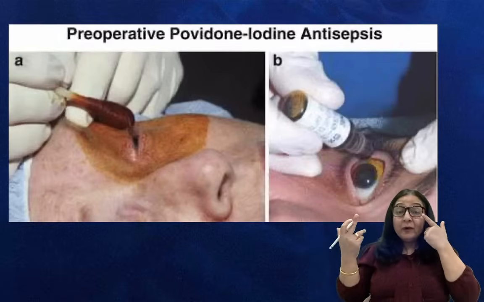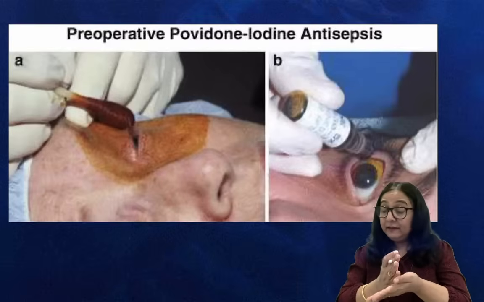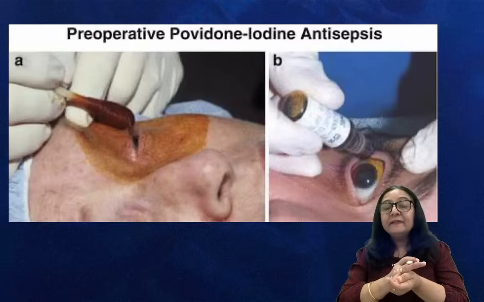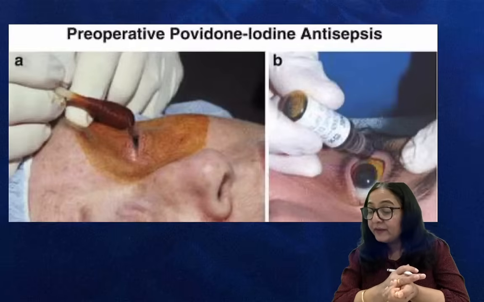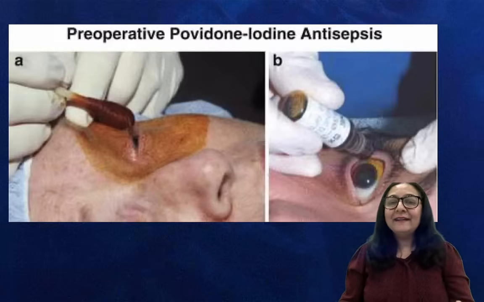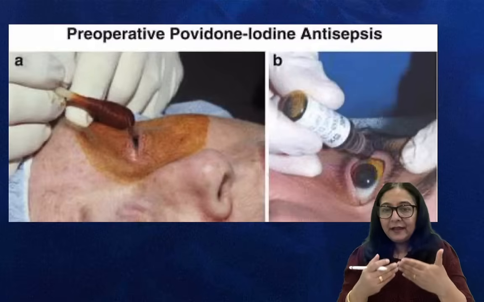So what will be the treatment for endophthalmitis? If the vision is better than hand motions, then you will do intravitreal antibiotics. But if it is poorer than hand motions, then you have to do the vitrectomy. Okay, right? Perfect. So this was our session for today, and I have tried to give you an